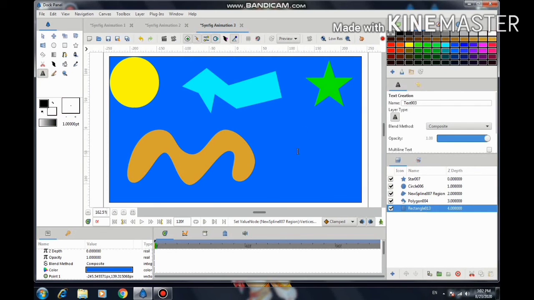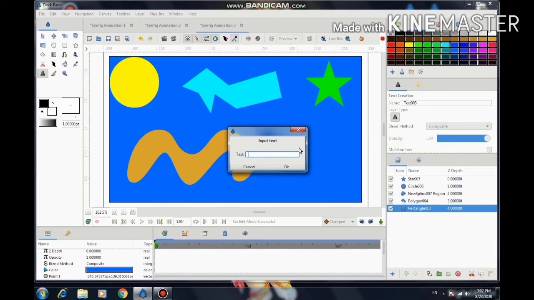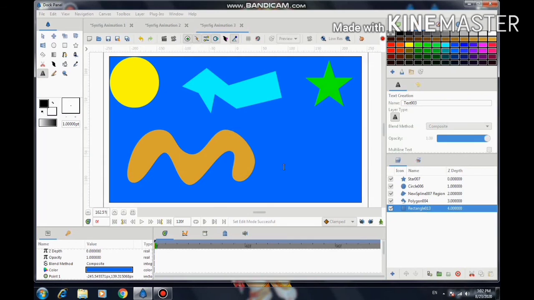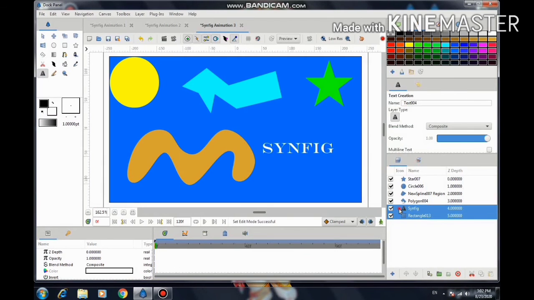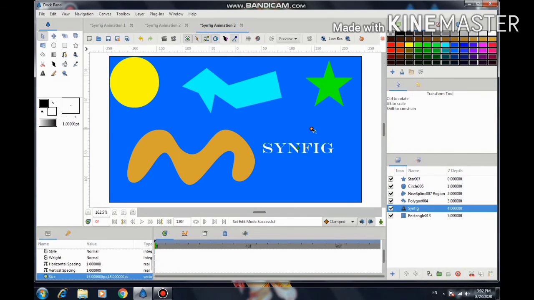Text tool, select the color, click here and type. You can see here.